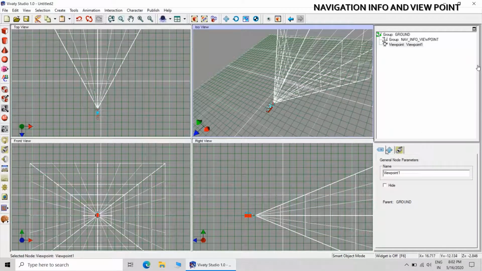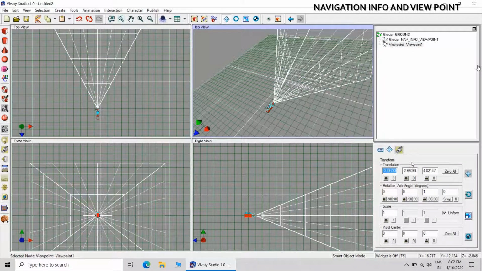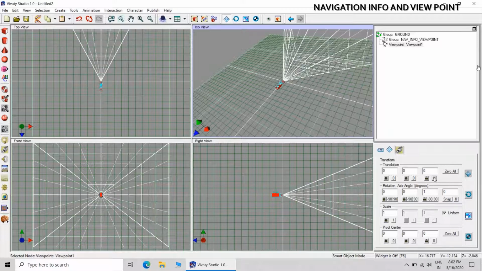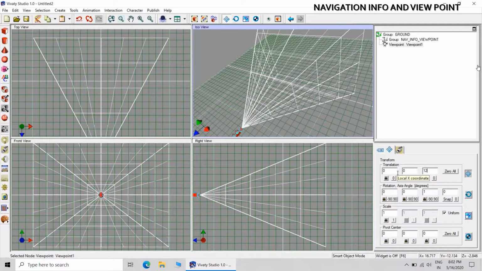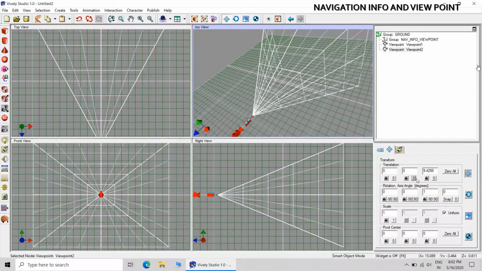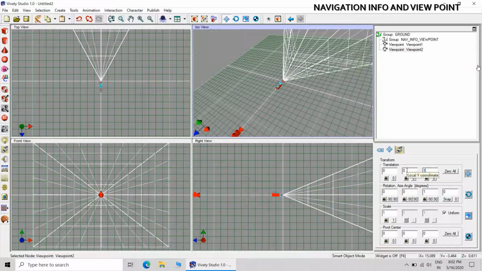Then create the viewpoint. Z, make it 12. We will create two viewpoints. One will be very close to the statue and the other will be away from the statue.